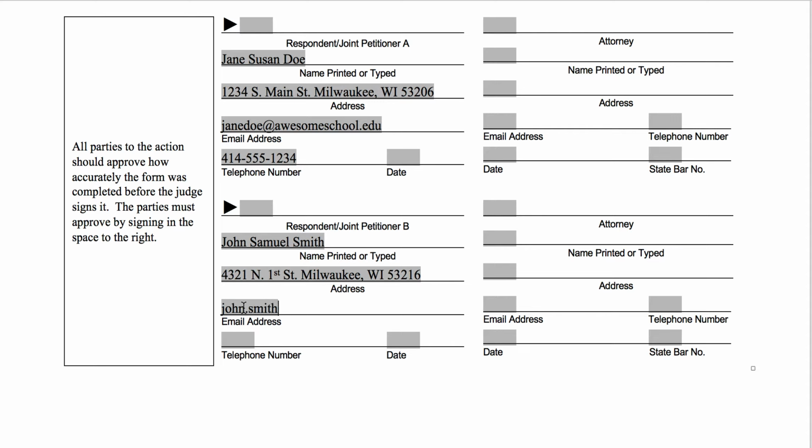For those of you who are filing separately, obviously if you're filing jointly, you're going to know your ex's email, or if you don't, they'll put it when they sign this. But for those of you who are going separately, if you're not sure about the other person's email address, just go ahead and leave that line blank. Ideally, if you do have it, or if you can find it, you want to put it in. But if you don't have it, you should be able to turn it in without the email on it.